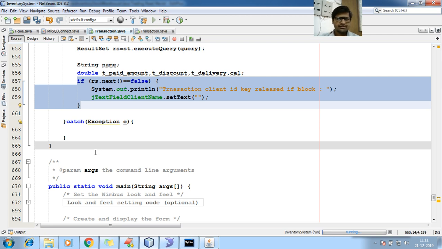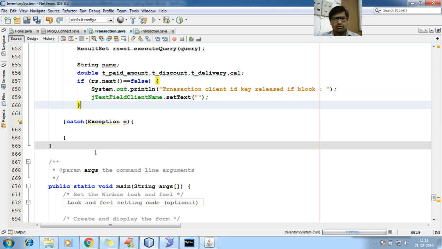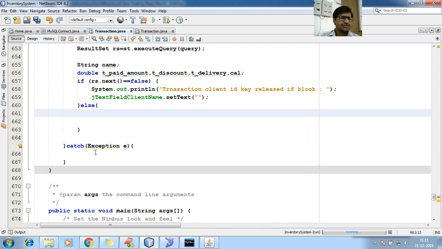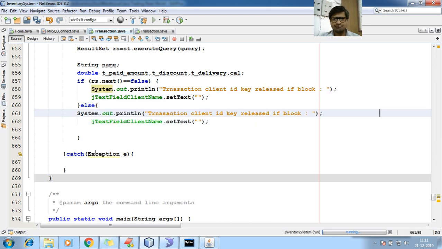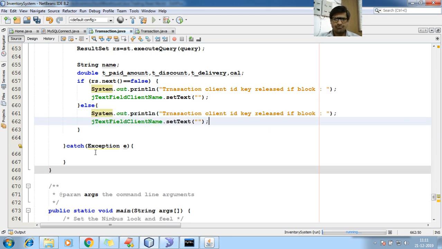If rs dot next is false, then within the if, text field client name dot set text is null. We'll go for else block. If it is available, then we'll proceed for setting the text. Then copy and paste. So here instead of this,